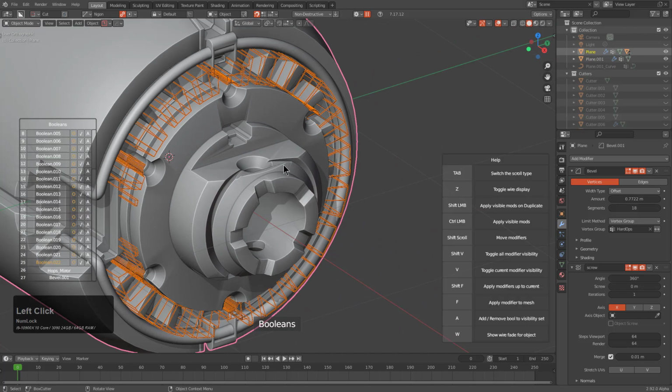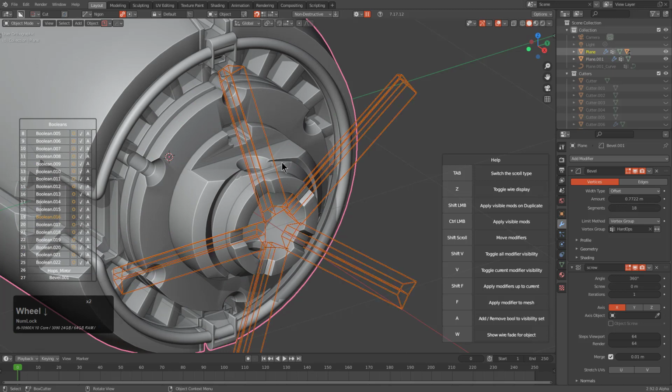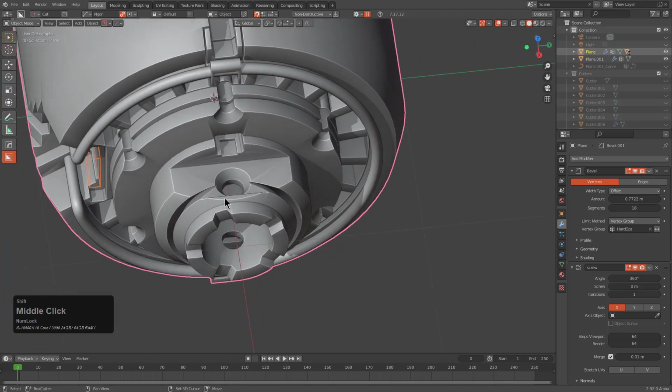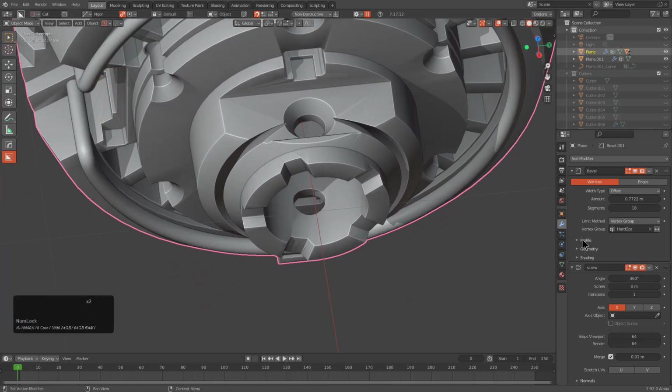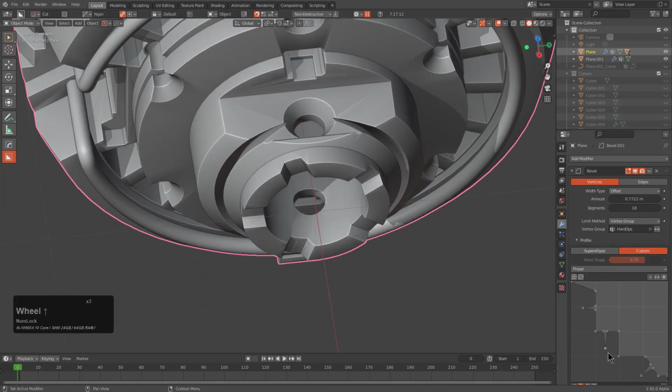Let's go through our ever scroll, and we'll roll the wheel until we find the boolean that actually started that calamity. And with luck, we'll just come across it. Actually, that problem is not caused by a boolean. That problem is caused by a bevel